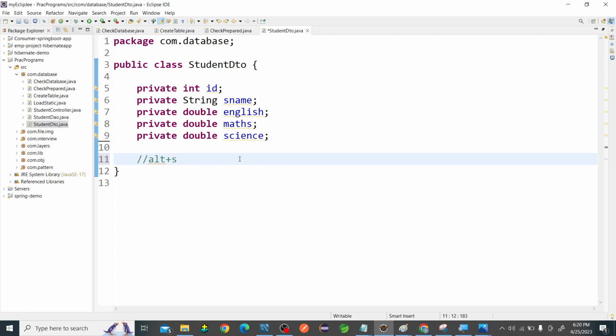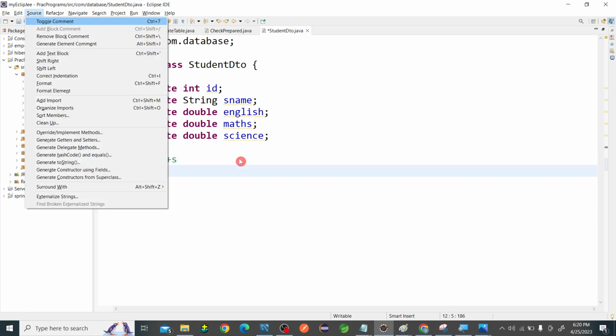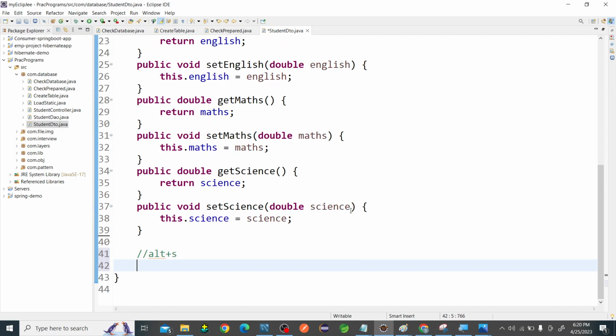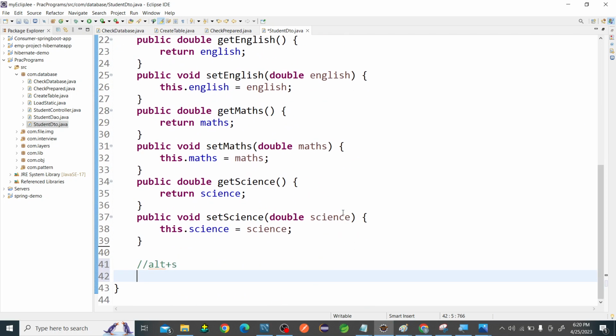Okay, so what you have to do, press Alt+S, you will get this, click on Getters and Setters, select all, click on generate, and all the getters and setters will be generated. Can you see I kept the cursor before that, that is why it is on the top. Alt+S came down. Now the cursor is down, Alt+S,